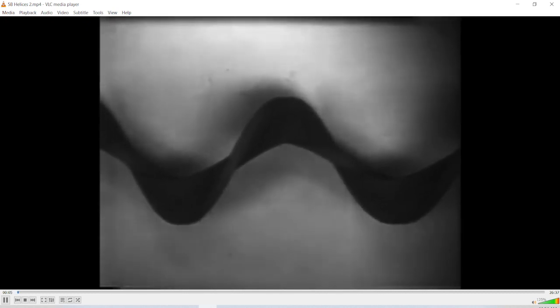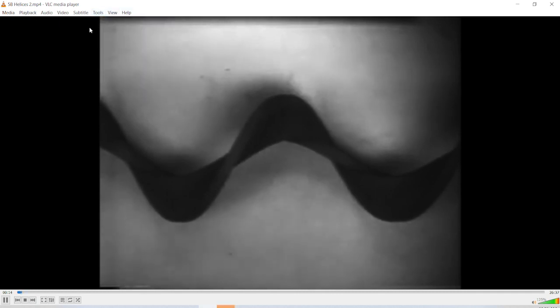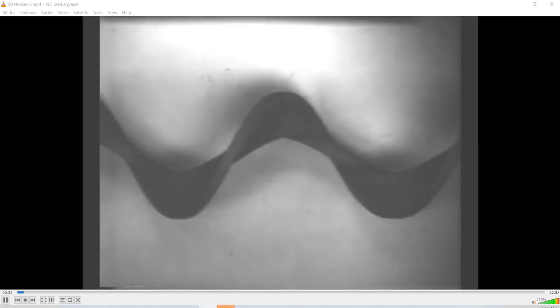What we're going to do is to essentially do an orthographic projection of this, as you see it. This whole thing of helices is based on